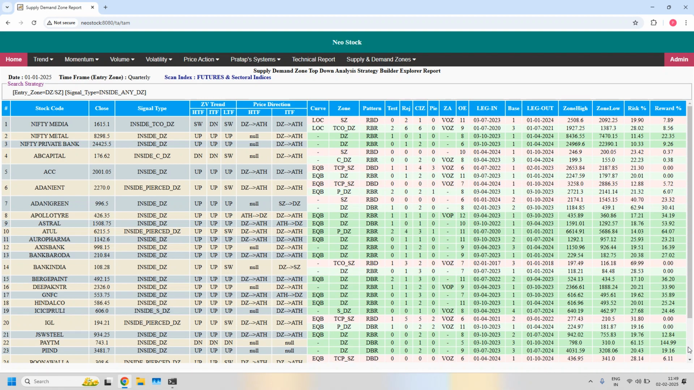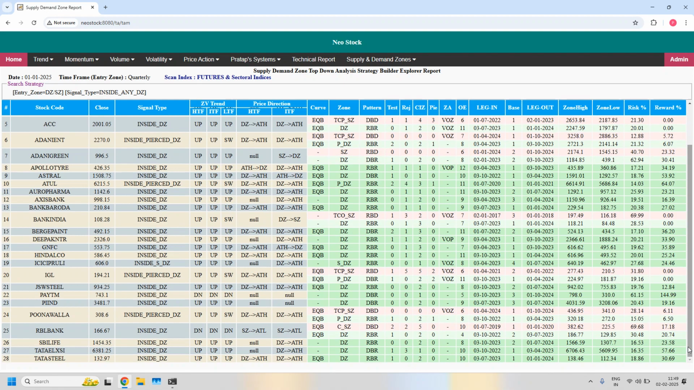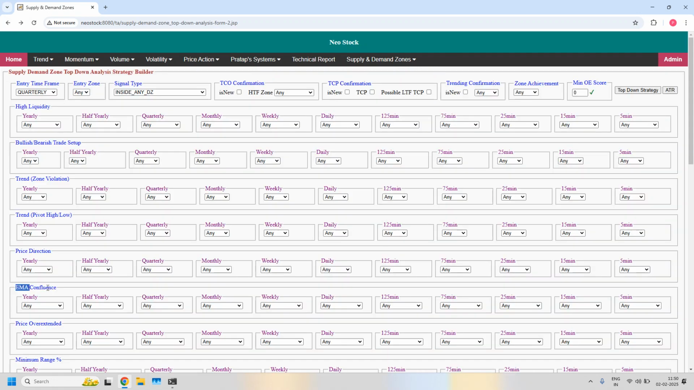I am scrolling the list down, further down. So total 28 stocks are filtered. We can further filter this list by setting the high probability parameter, quarterly EMA confluence on the quarterly demand zone. Let's filter. In the EMA confluence, at quarterly time frame, I am setting the filter, quarterly demand zone having quarterly